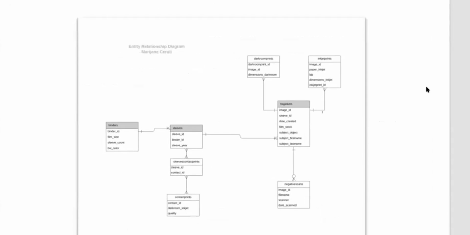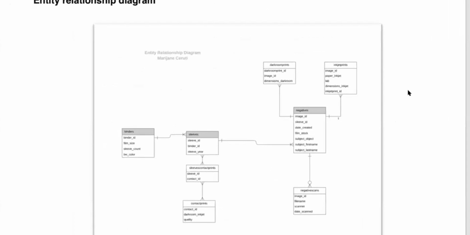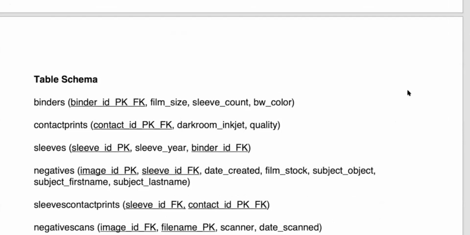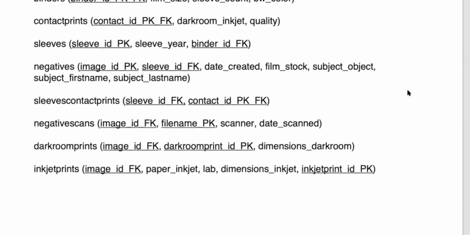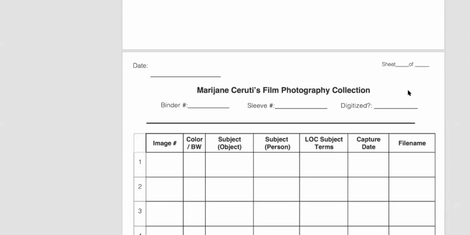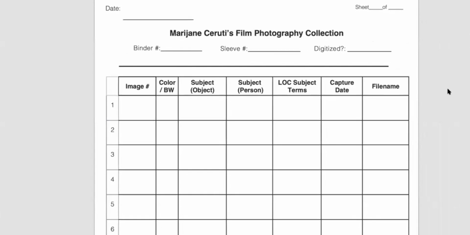Here's a little view of my relationship diagram. My table schema with my foreign keys and primary keys. And then we get on to my forms. So I chose to go with